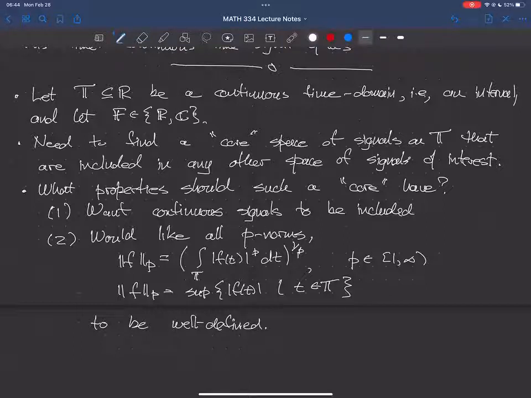These two requirements are in conflict, at least some version of them is. Let's declare that we want this second one no matter what. Given that we'd like to impose this, is it possible to also impose the first? I didn't quite say which continuous signals I want to be included, but certainly you can't, for example, say all continuous signals.